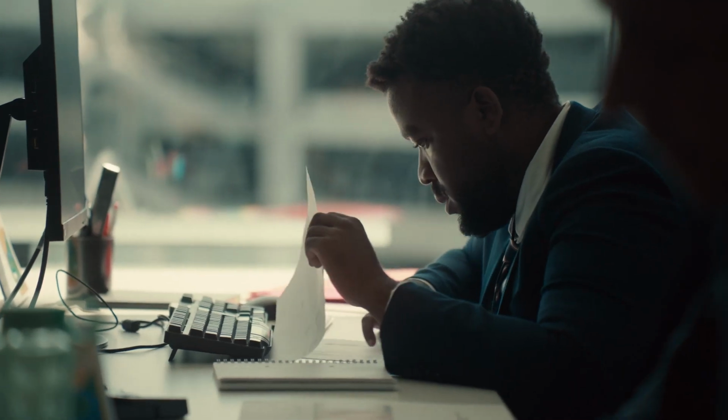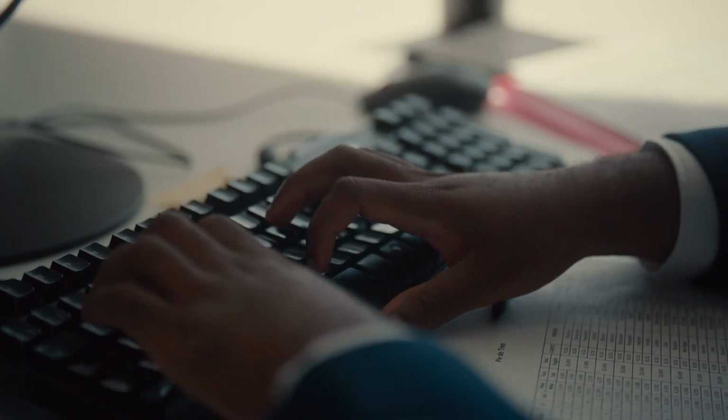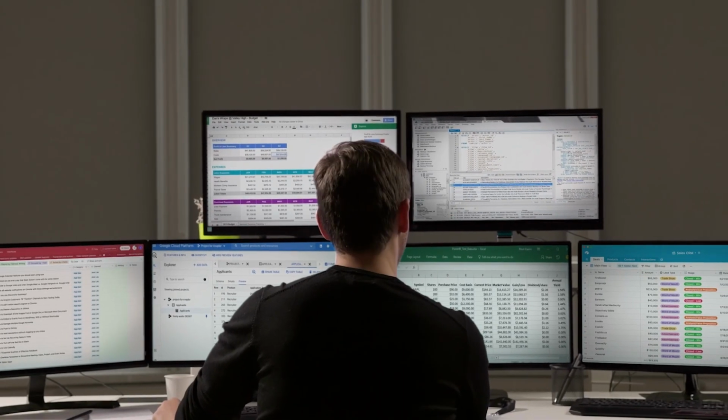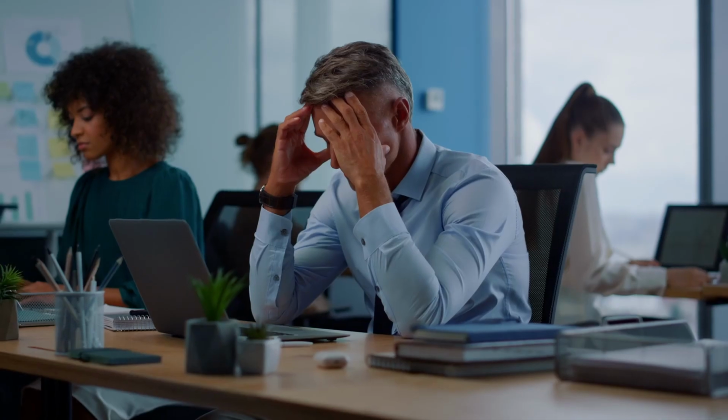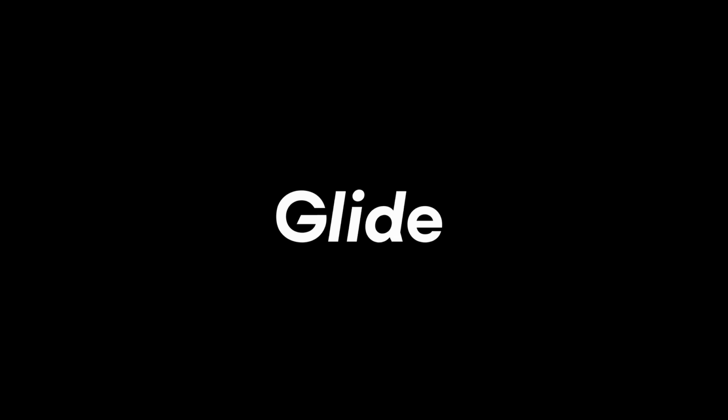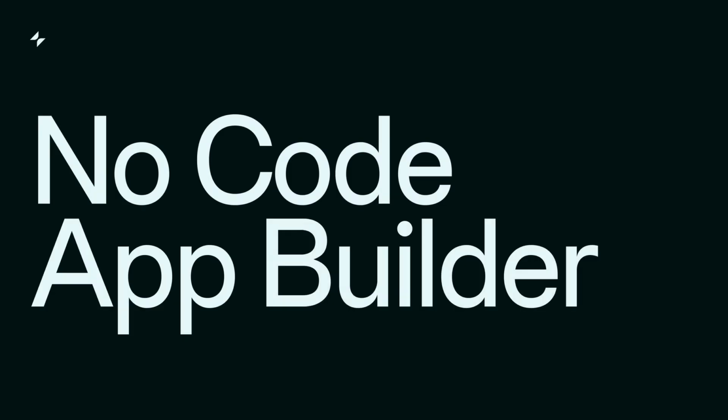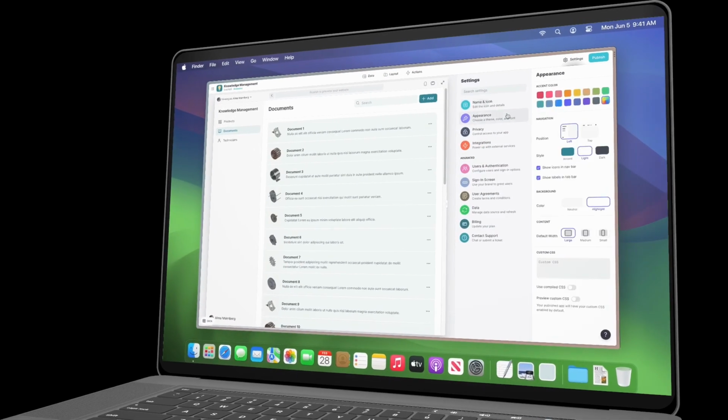Ever found yourself sifting through countless documents or cycling through different apps to find that one piece of information you need? You're not alone. Knowledge scattered across various platforms becomes not only a challenge to manage, but a barrier to efficiency and collaboration. Enter Glide, an industry-leading no-code app builder that can enable anybody to create custom solutions to their